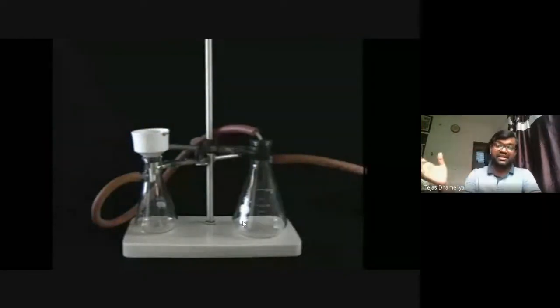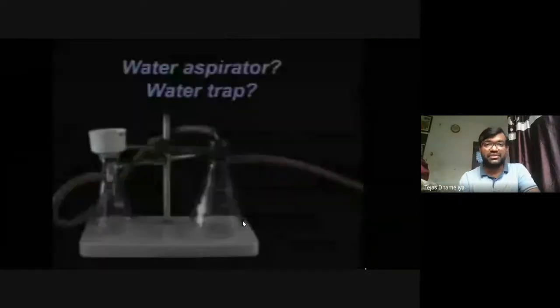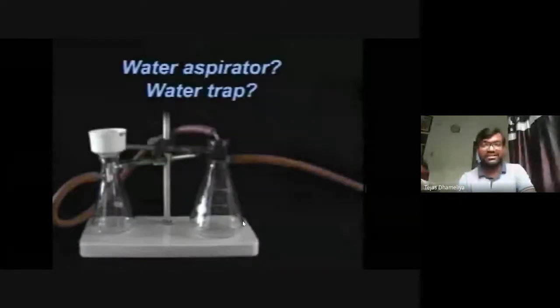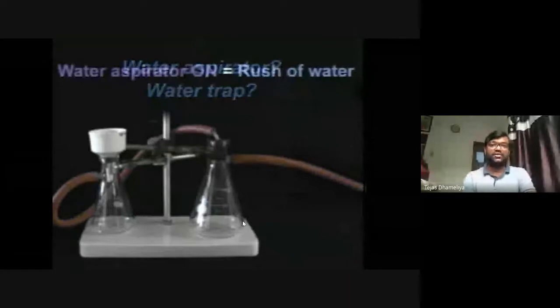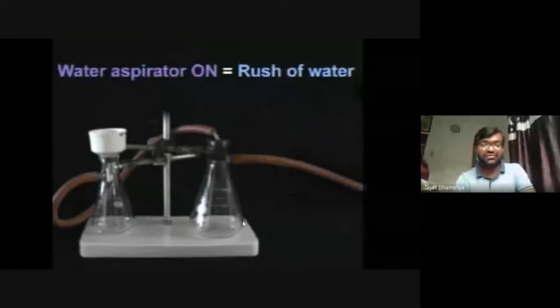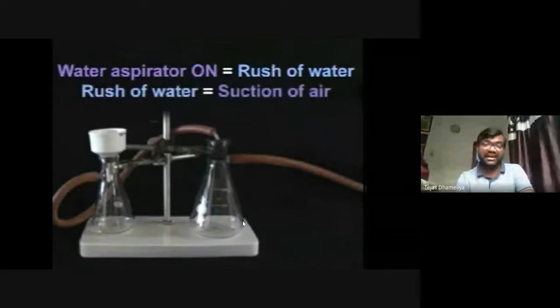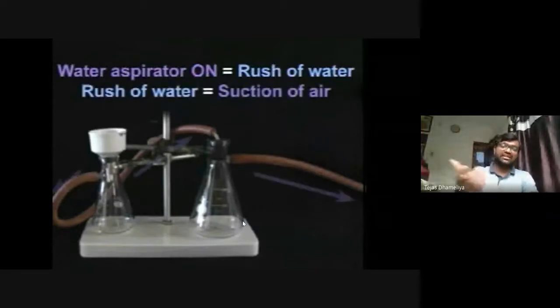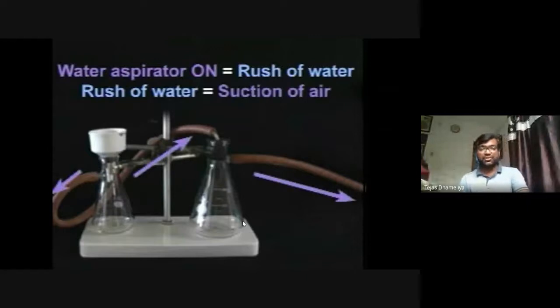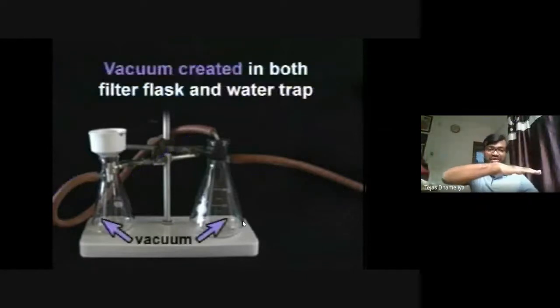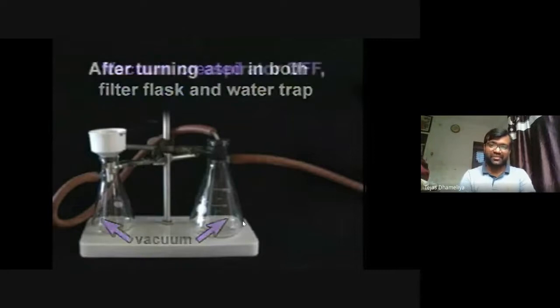So, or maybe it is a pump. Okay. So this is a water aspirator or water trap. So that is shown. We have to keep it on, so the rush of the water will show you how this vacuum filtration works. So basically it can cause suction of the air. So नीचे मैंने बोला ना कि filter paper के नीचे आप pressure कम कर दोगे using vacuum and rate of filtration will increase. The basics is same.